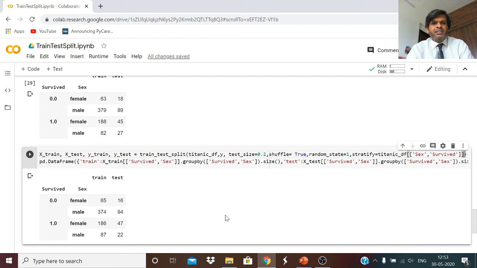I've just demonstrated the various ways you can do that. What kind of distribution or proportion of data mix you want will depend on the kind of data set you have and the kind of experiment you are trying to do. I hope you are able to follow me.